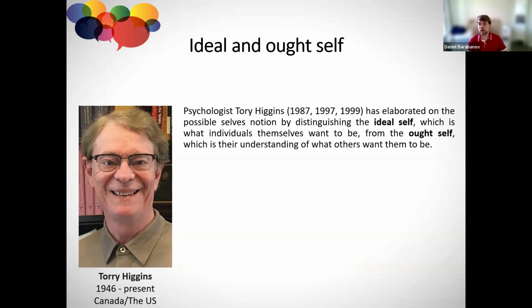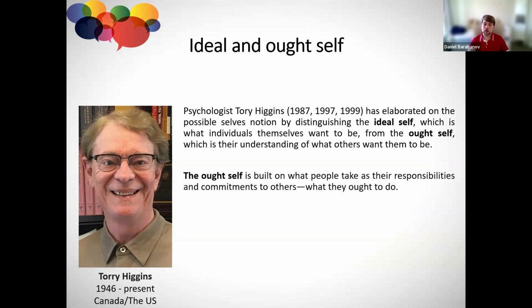So in real life, we never can be perfect and ideal as we want to be. And we also cannot completely ignore what other people demand from us and expect from us. We live in a world which is full of responsibilities and duties. And so we cannot do only what we want. We also need to do what we must do. So all the people struggle to find this balance between real self, ideal self, and ought self. And sometimes it can create conflicts and real dramas of adult life.